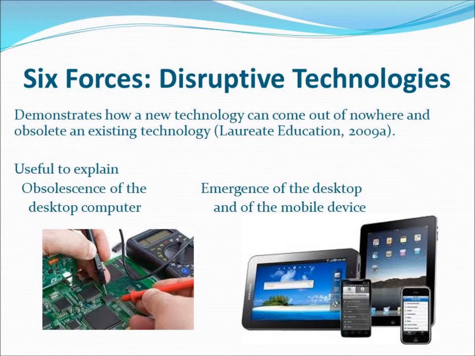nor does it explain the reason why the desktop became obsolete. The force of a disruptive technology demonstrates how a new technology can come out of nowhere and obsolete an existing technology. According to Thornburg, technologies are always susceptible to being obsoleted by unanticipated wildcard disruptive technologies. This new technology has the same functionality, but superior, more efficient functions at lower cost. Thus, this force is useful in explaining how the mobile devices emerged and how they drove the desktop computers as a one-to-one solution into obsolescence, since they provide a more cost-effective solution while offering the same increased affordances.